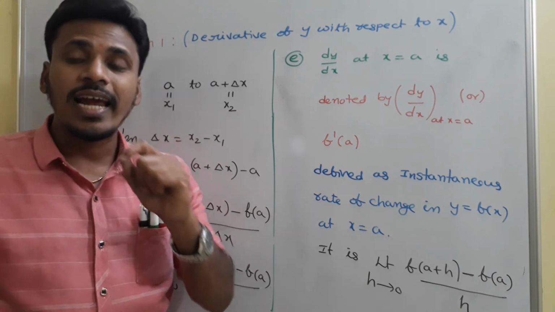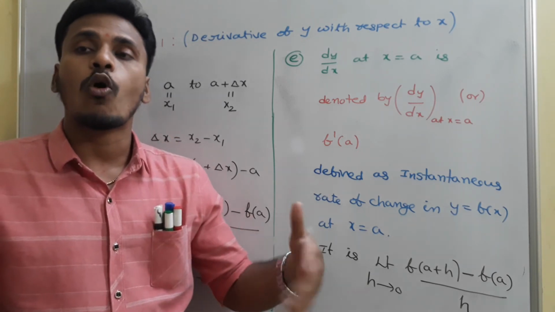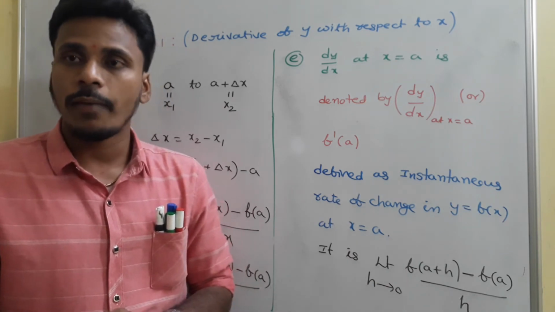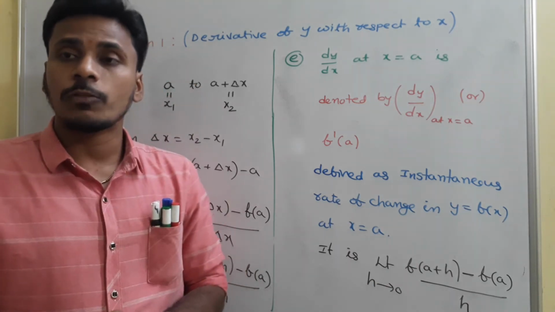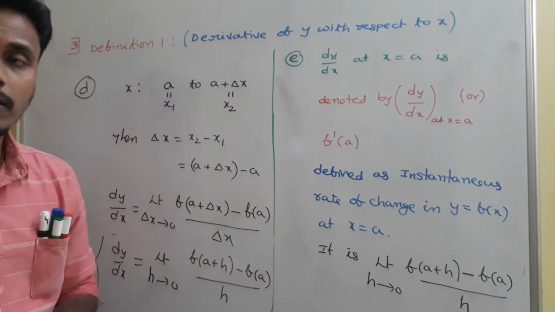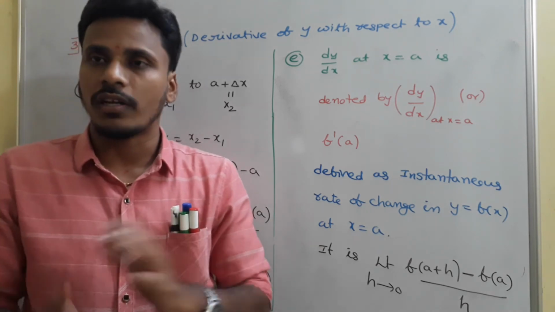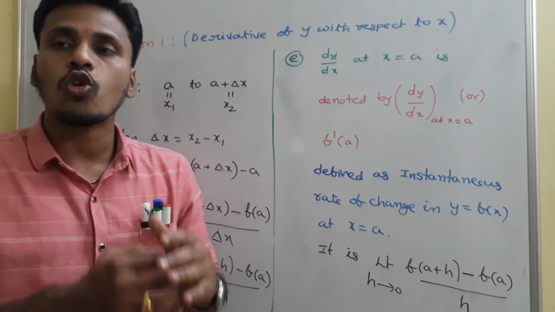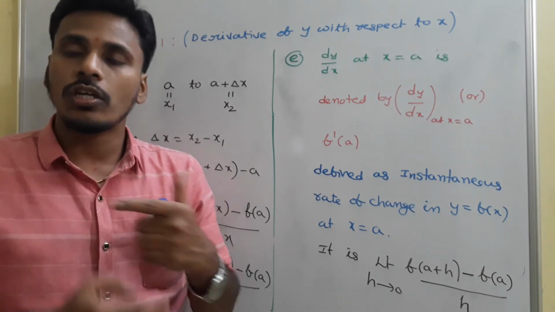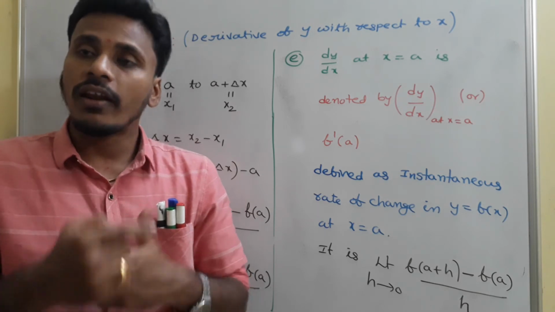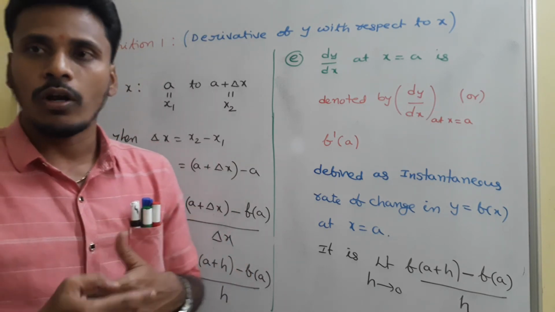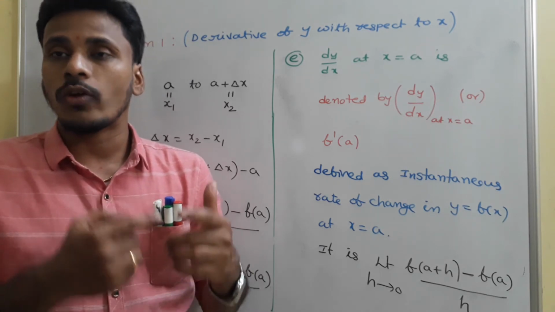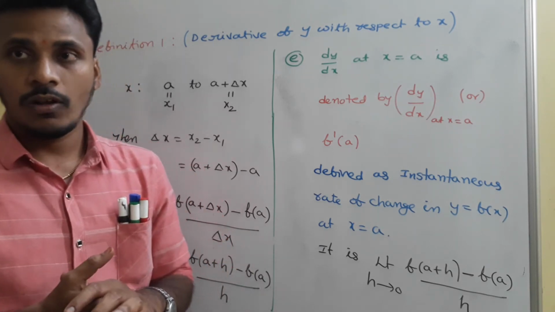Okay, so this instantaneous rate of change is different from point to point, as we discussed at the end of yesterday's class. Rate of change in y with respect to x is delta y by delta x, and it is just like the run rate in cricket. That instantaneous rate of change is also not constant, it changes from point to point. Run rate also changes from ball to ball, is it right? And that's why the rate of change in y with respect to x also changes, right?